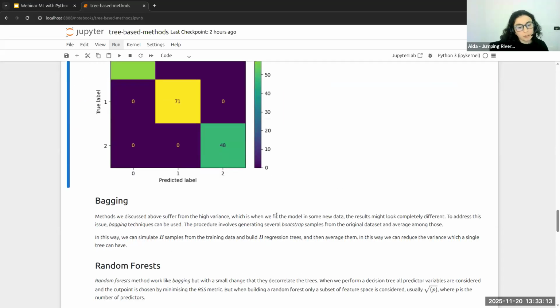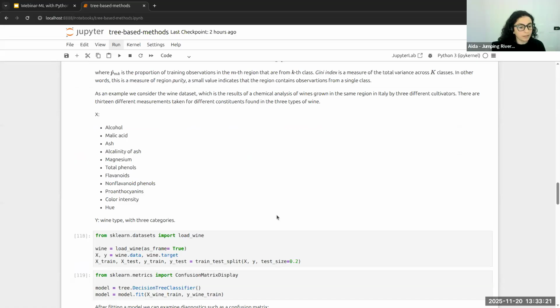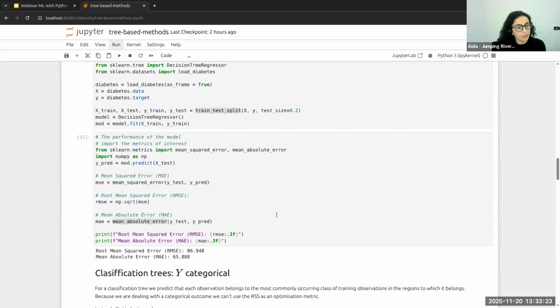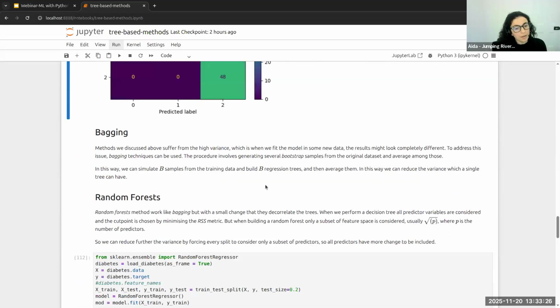Then I wanted to discuss some more advanced techniques because of the limitations that classification trees and regression trees have. Both of the methods tend to overfit the data, which means that they have got a high variance. When we introduce slightly different data to the same model, it might behave completely differently, right? A way to address this issue is by simulating more samples from the observed data.